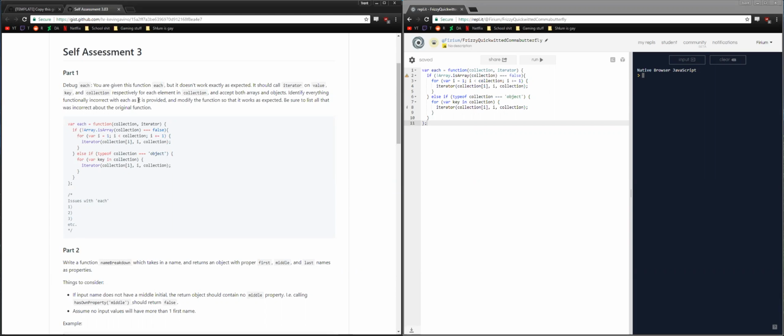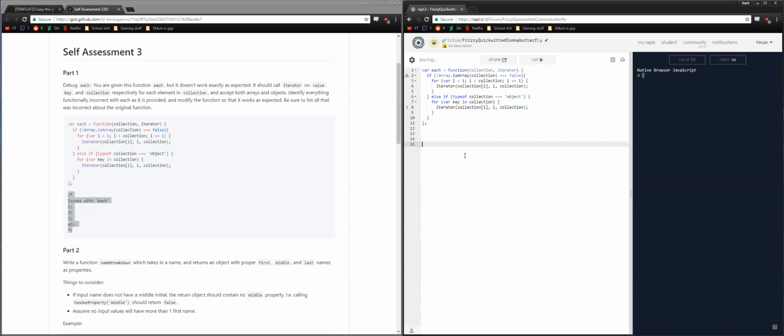Okay. Put that down here. Okay. Not is array collection equals false. It's messy. Okay, so what is this doing? Iterate on value. Okay, so